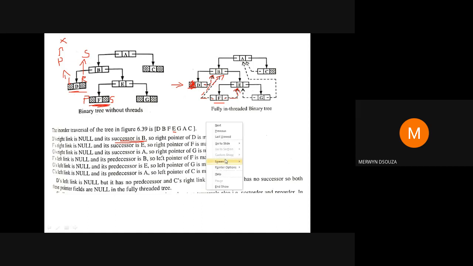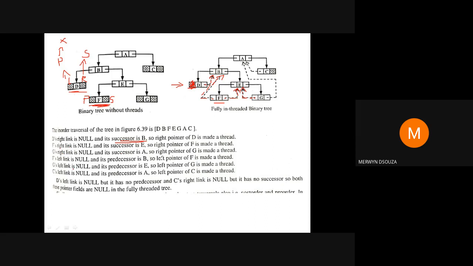Similarly for G, the predecessor is E. Predecessor means left side. So from G, you're going to draw a dotted arrow to E. It's written here also, so you can check.